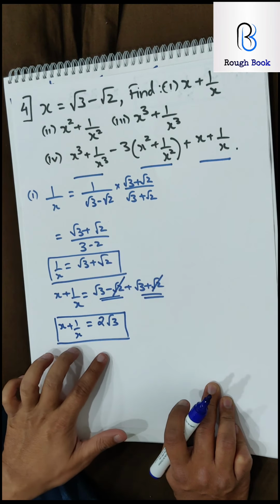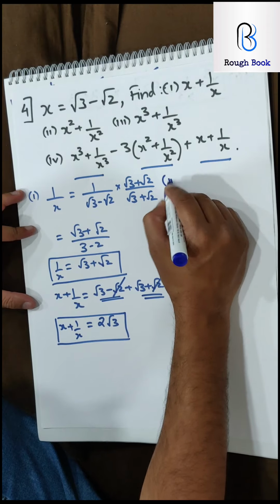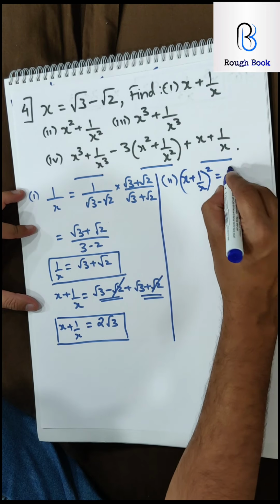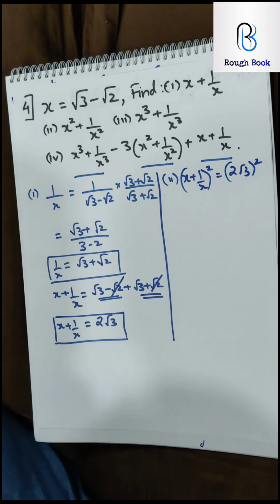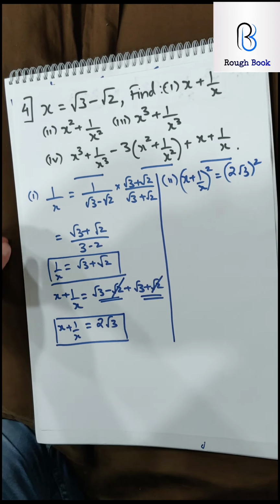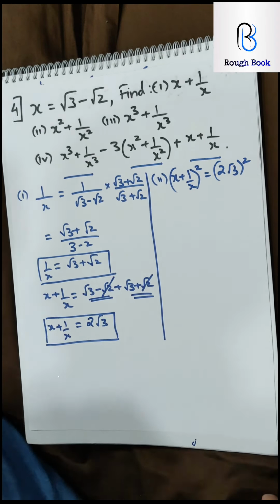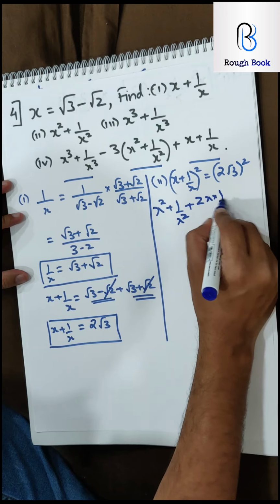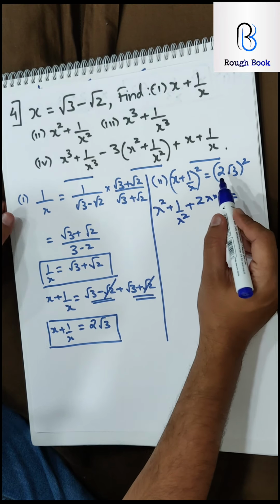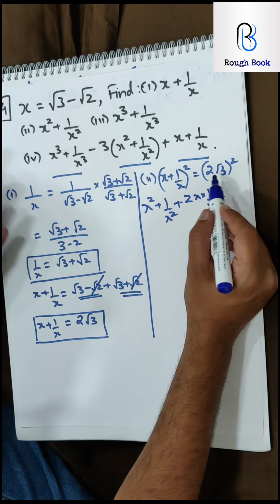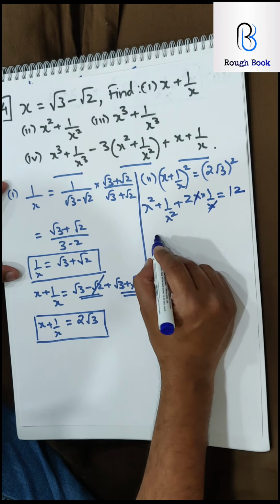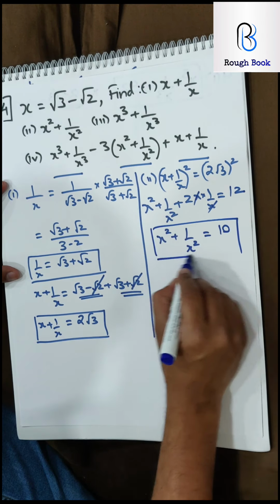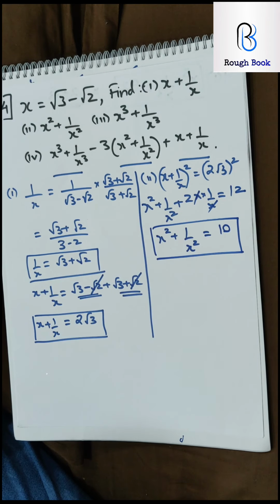To get the second part, I'll have to take this part and square it. So let's try the second part. So I will take x plus 1 by x, the whole square, 2 root 3, the whole square. Square it. You're going to use the formula of a plus b, the whole square, and then go ahead and try and get your answer. So I will get over here a square, b square, 2 times ab. Here you need to be careful because 2 square is 4 and root 3 square is 3. So 4 3s are 12. The 2 gets cancelled and I get x square plus 1 by x square as 12 minus 2, 10. So I got my second part. So second part was comparatively easier.